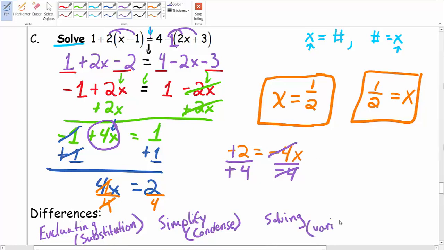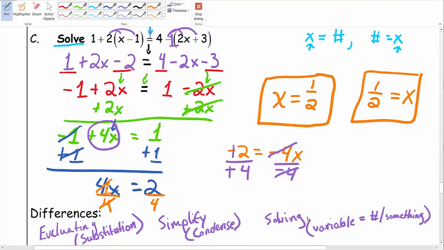It's not always x, it could be like radius r, but it's some variable, or y, that equals something. Usually it's a number. It's not always a number. So I'm just going to say something. When you guys go into higher math, you'll see that it can be other stuff. For the sake of this course, it's dominantly going to be a number. And actually, I'm sorry, when we get to systems, it'll be maybe variables too, but for right now, this is fine. So again, evaluating a lot of times calls for substitution,